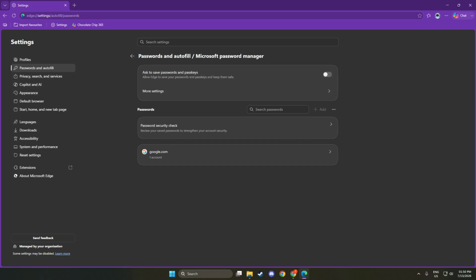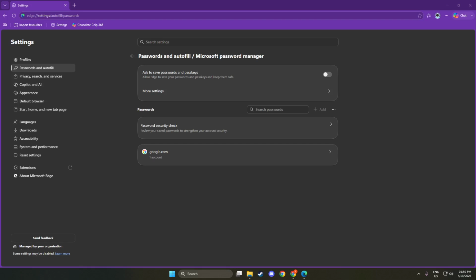From there, to test if everything is working correctly, visit a website that requires you to log in. Enter your login credentials, including your username and password. After you submit the information, watch for the prompt that asks if you want to save the password. This step is critical because it verifies that the changes you made were successful. If the prompt appears, you can confidently proceed knowing that your password will be saved for future logins.